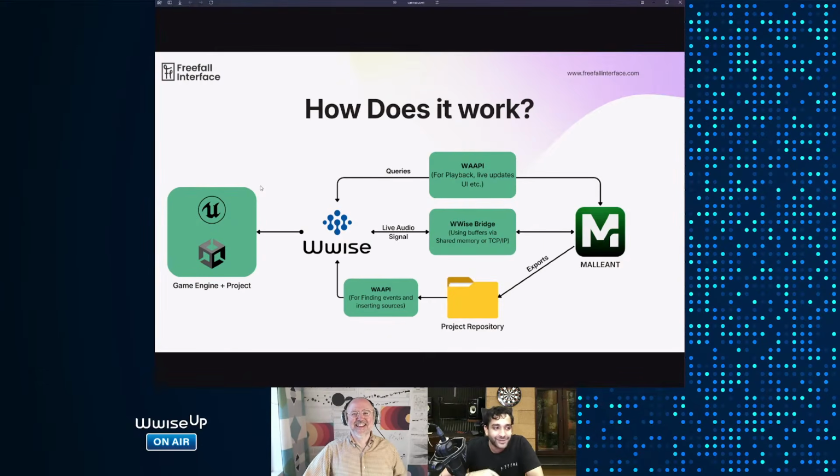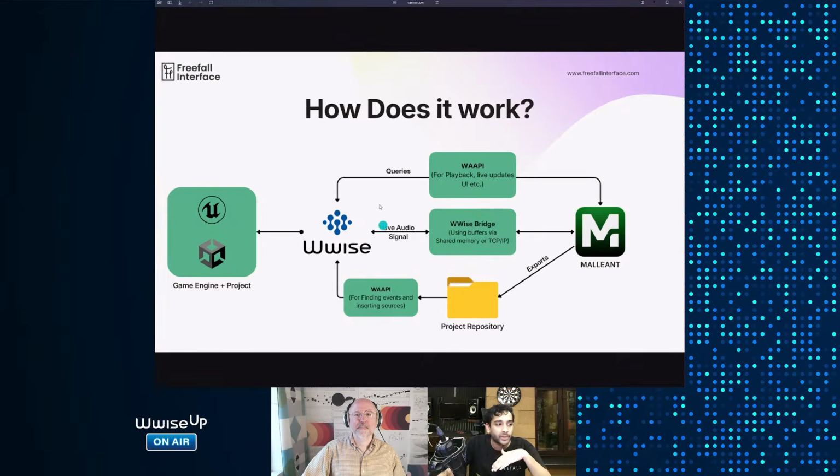Okay, so here I've got a little bit of tech talk so that people watching the stream can understand how the blueprint of it works, and get their heads around it before I start into the demo. I talked about stages one, two, three, and this flowchart demonstrates that, because you can see that Malleant is interacting with Wwise on three different sections that are parallel to each other.